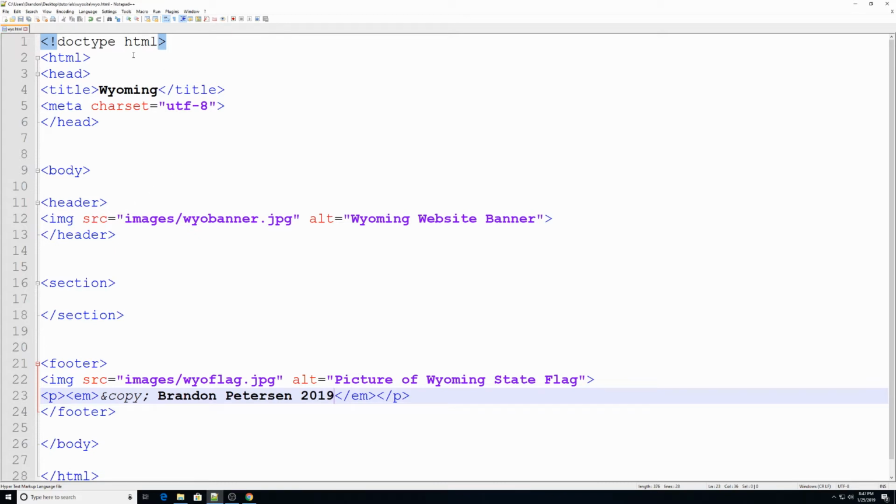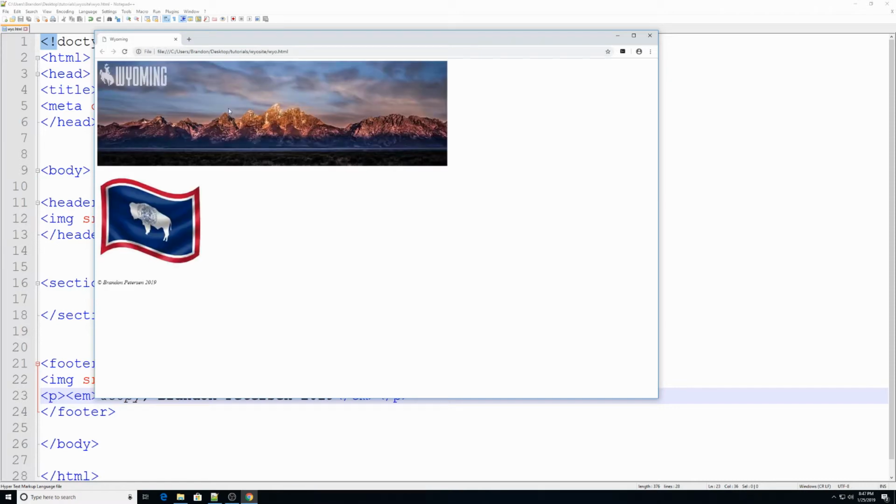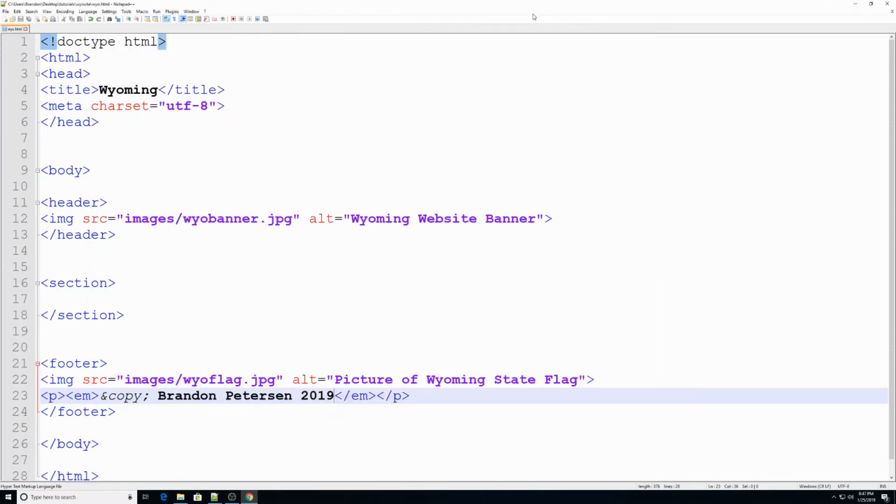Alright, so I'm going to save that, check back here. Alright, and so here's the header, here's the footer. Okay, and that looks pretty good. And then now I'm going to go down to where the section is. Alright, so